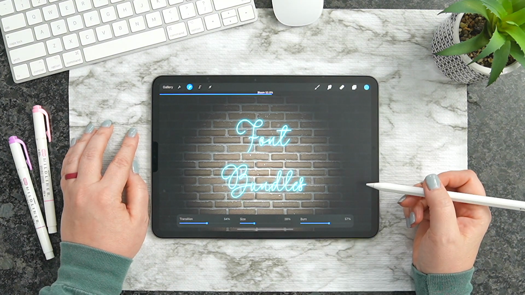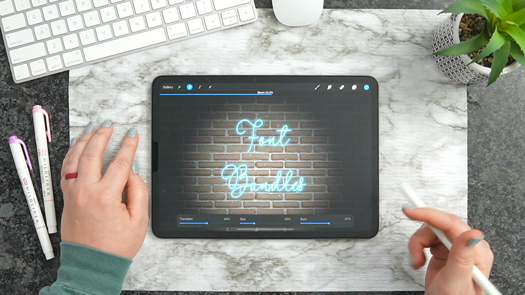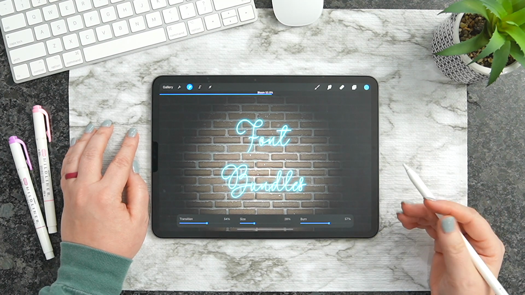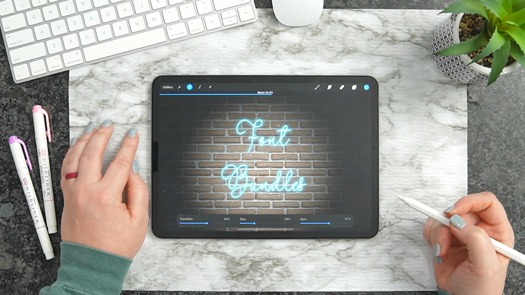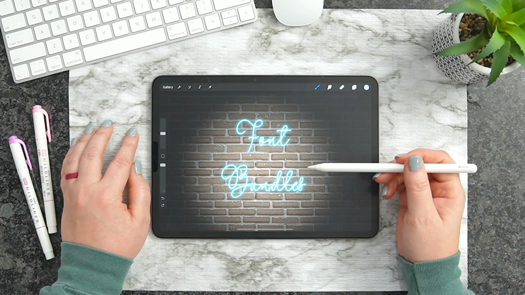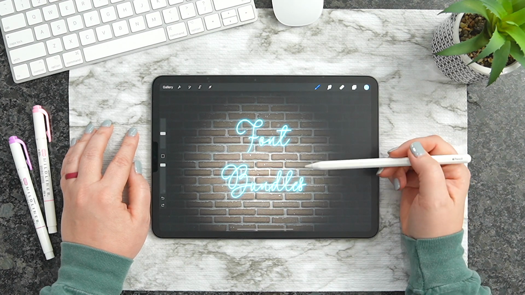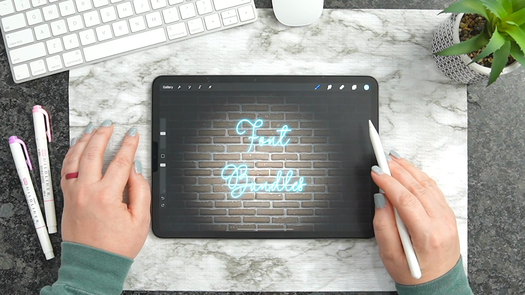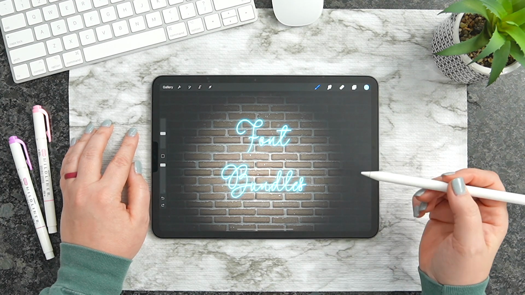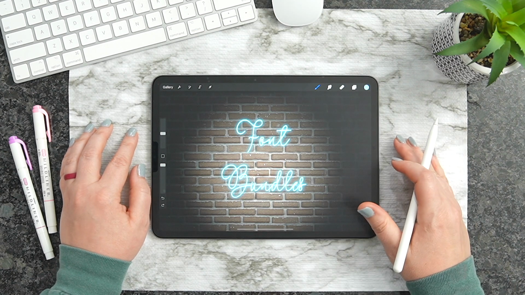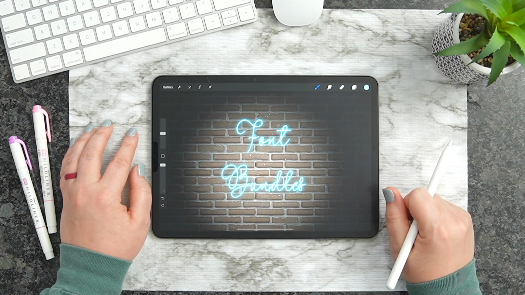You will need to adjust the bloom effect settings depending on the text and the color that you're using. Lighter colors will need fewer adjustments, and darker ones will need more tweaking. If you want to add shadow and light, you're going to do the same thing. So before I would have done this bloom, I would have duplicated that layer, and then I would have a shadow layer and a light layer, and I would do it the exact same way that I did before. So it's that easy to use both of these methods, as you guys can see.